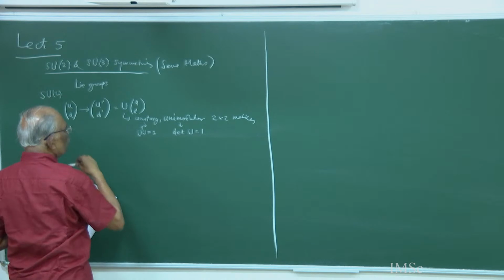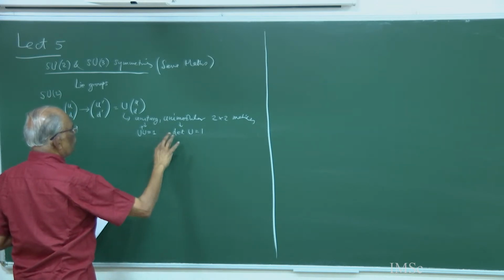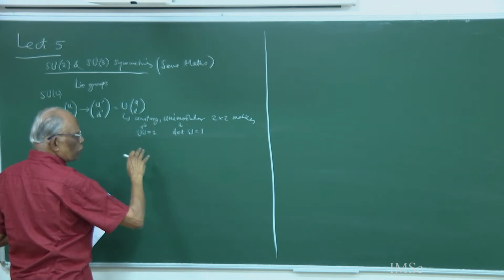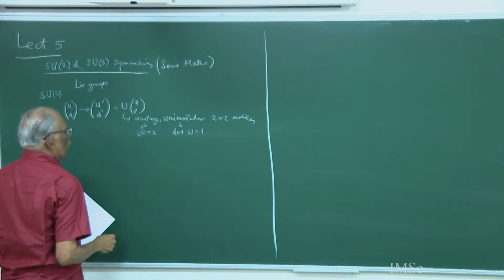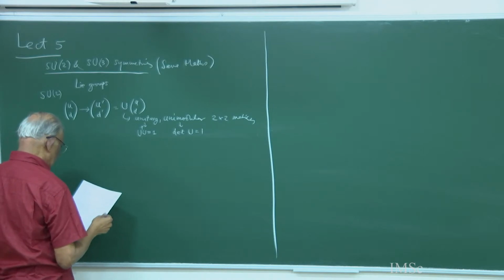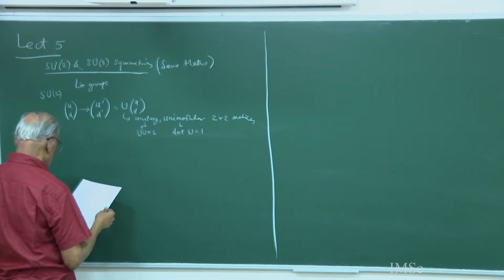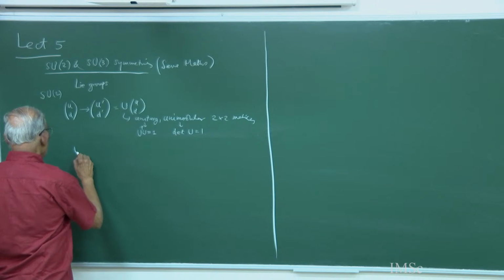S means simple in a technical sense. If it is unimodular, then it is supposed to be simple. It cannot be factorized into another matrix times a Hermitian matrix. Okay. Now, in general, U can be written as exponential